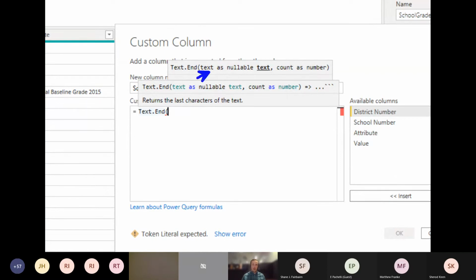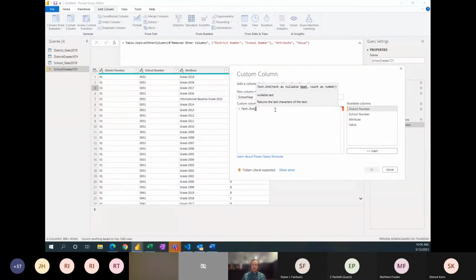It's asking for where is this text coming from, as well as how many places do you want. This can be really beneficial. The IntelliSense honestly has improved dramatically over the last few upgrades and updates that they've done to Power BI. So if we come back to that Text.End, we can always reference our columns in square brackets within Power Query. So in this case, we have our attribute and comma to give our second argument,